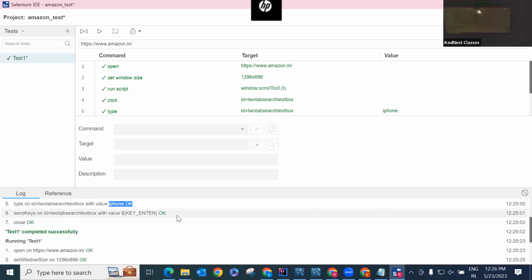Next, it is telling, if you press enter, whether it is working. Yes, okay, it is telling here. Can you see here in green color? And also you can see that close. Yes, it is closing. And test one completed successfully. Means that whatever the search bar is there, it is working properly, it is telling. Okay. So like this,